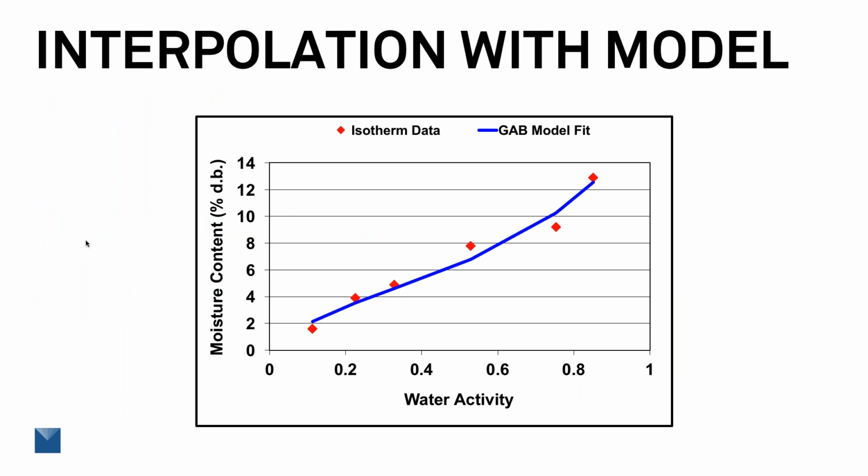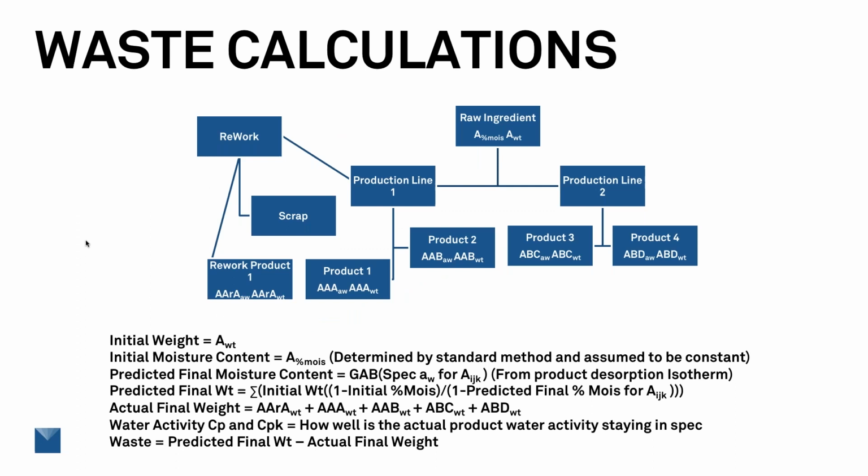And so with that equation in place, we can give it any water activity, like the ideal water activity. It will then tell us what the moisture content of the finished product should be, versus if you went to a different water activity, what percentage of change in weight would you have because of that extra water loss. And so this all comes together with these calculations. Again, as you can see, it's very complex, but the good news is that with the SKALA system, all the calculation work for yield, for waste, for batch score is done in the background by the system.